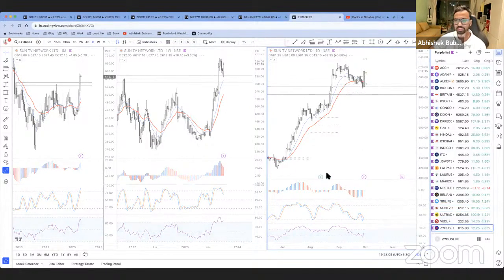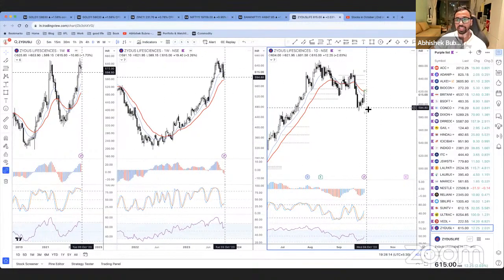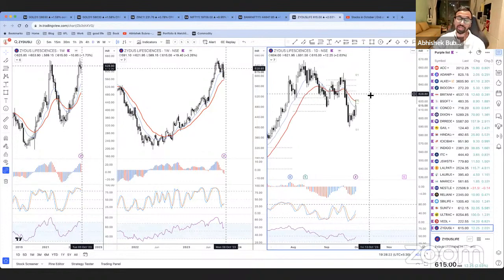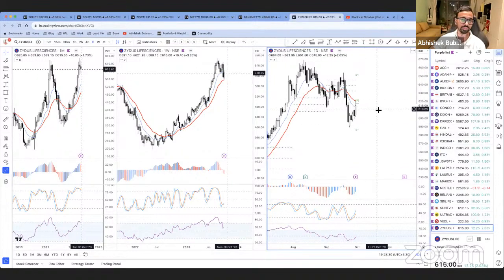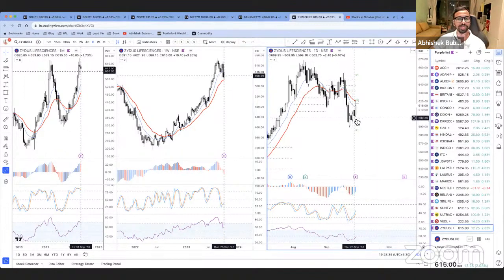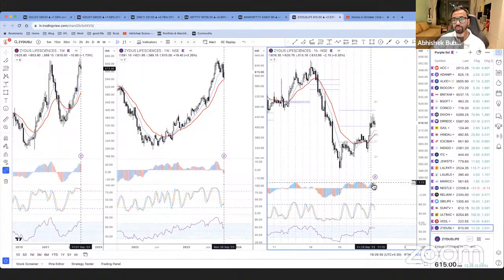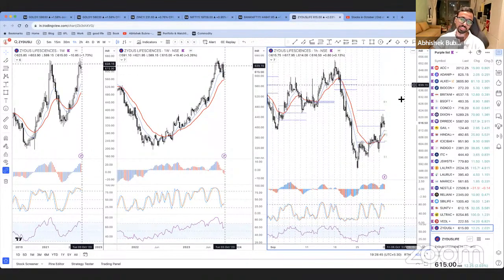So next we have Zydus. Zydus is in the list because it is at the weekly EMA and there is a bullish divergence here as well. Again, at monthly CPR. So as I said, it's going to be very tricky. Tuesday, in fact, it's very simple. On Tuesday, if it goes above it and closes above it, or if it gives you an opportunity above it, you're in, right? But somehow by looking at black, white candles in the daily chart, I think the hourly chart might have, there you go, bearish divergence. So it is possible that at first it goes down, tests the CPR and then starts going up.